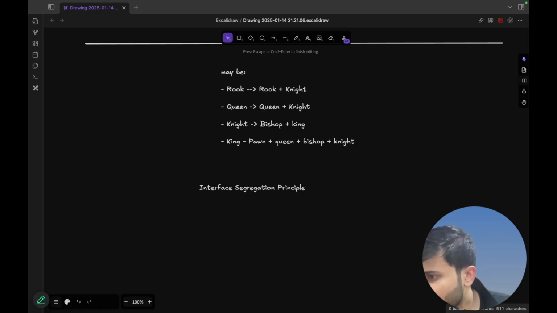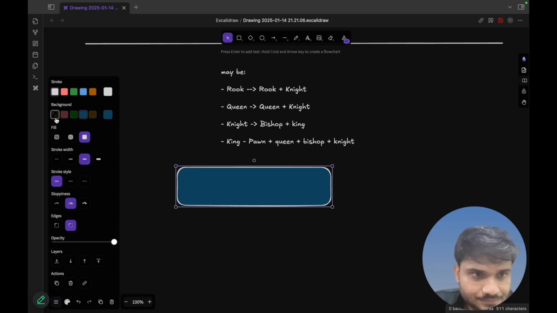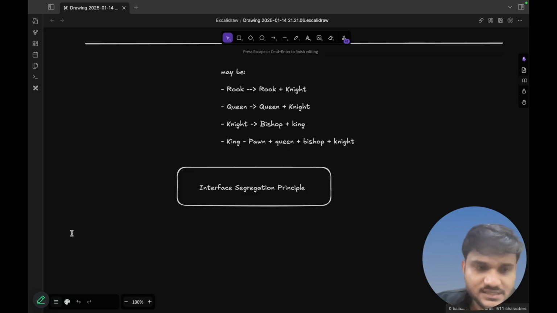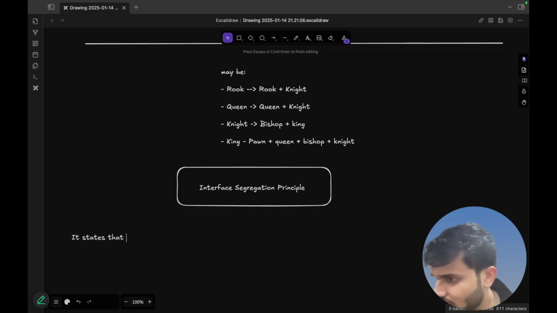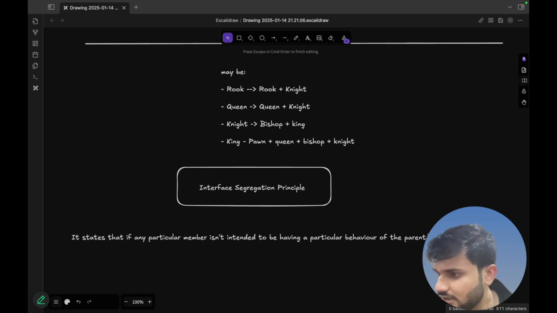Okay. Right. What is interface segregation principle? Let's talk about that. ISP. Pretty simple. Interface segregation principle states that if any particular member isn't intended to be having a particular behavior of the parent, right? Behavior of the parent,